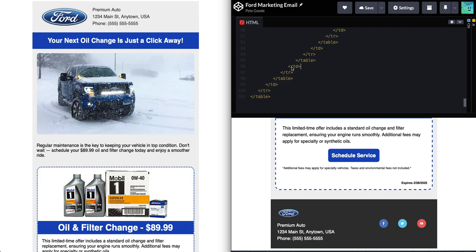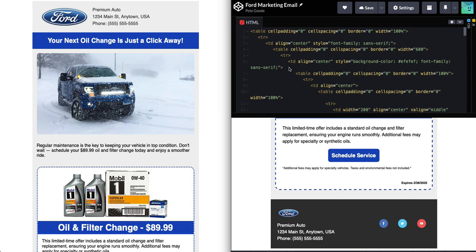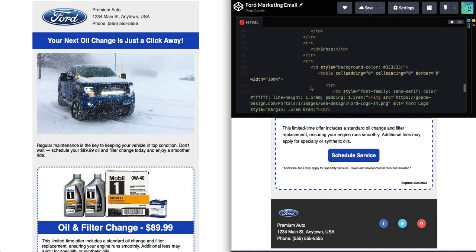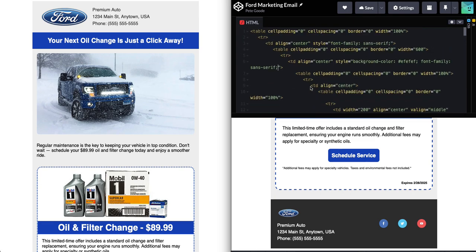This is the table I'm talking about. So I need to go to this one. Go all the way to the top right here, and I need the background color to not be that, so I need to go to, all right, so here's what I'm doing. I'm finding this outermost background